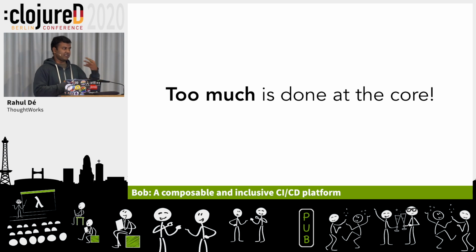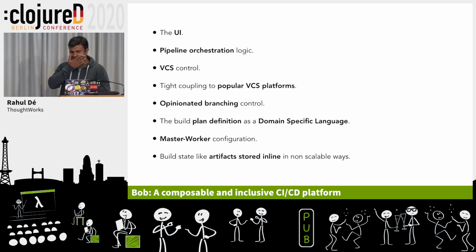So what is a core? It's the basic functionality that comes along with a CI that you use: Cycle CI, Jenkins, GoCD, Concourse. These are some of the things that the core does, but in my opinion, they shouldn't be doing it. In my opinion, things like orchestration, being married to a version control system, how to branch, and where to store artifacts should not be part of the batteries-included CI that we expect. So hopefully people can agree with that. How many of you disagree with some points here? All right, hold that question in your head. We'll come to the things here.